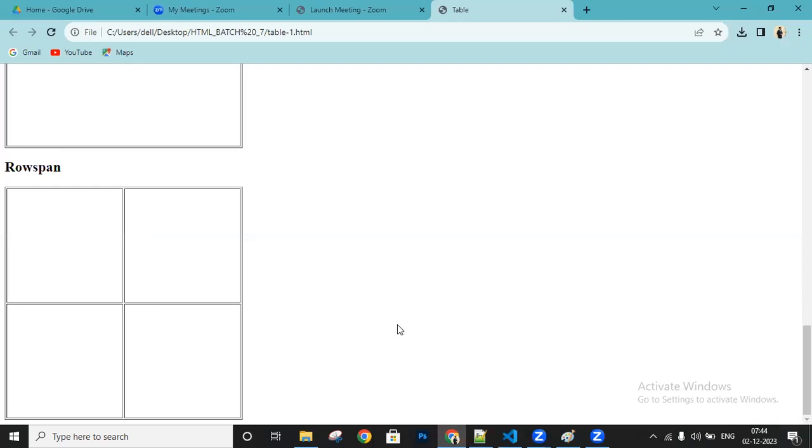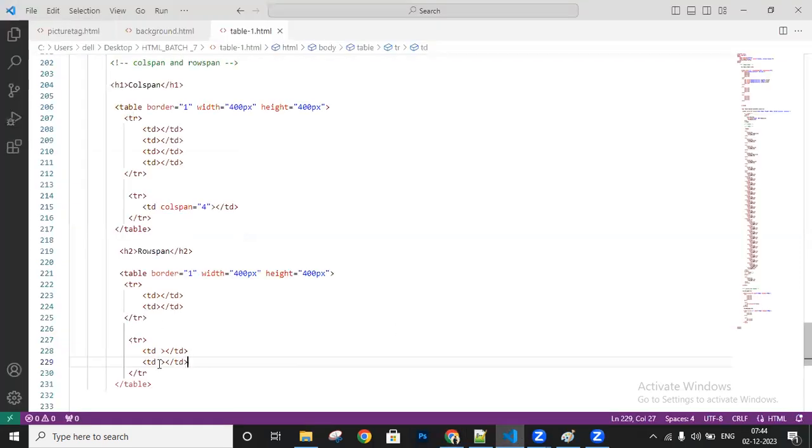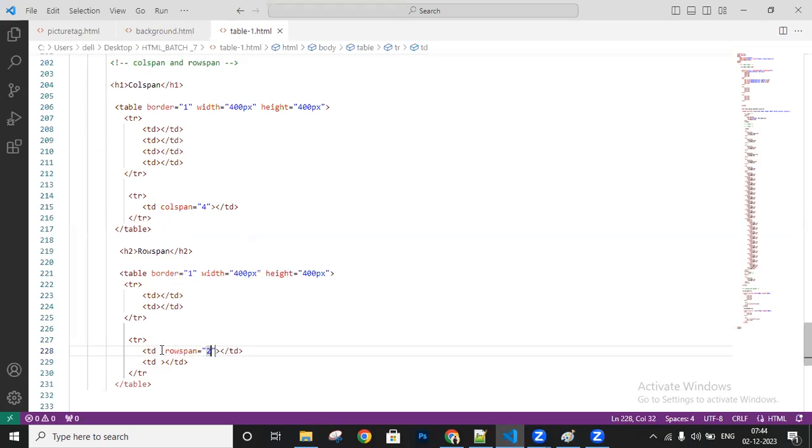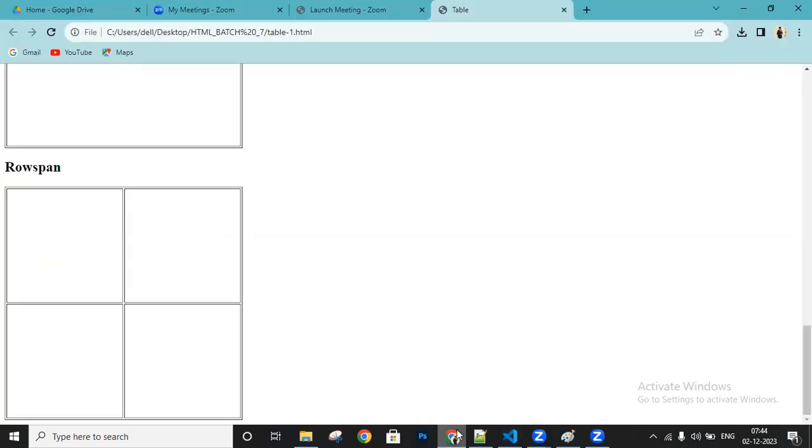I need to merge this one. I need to merge these rows. So to merge these rows, for the second TR here, right? So in that I'm just writing here rowspan 2. Okay, so that